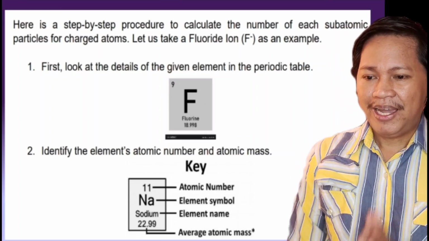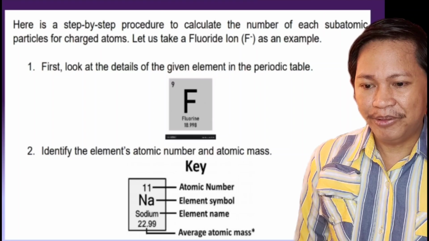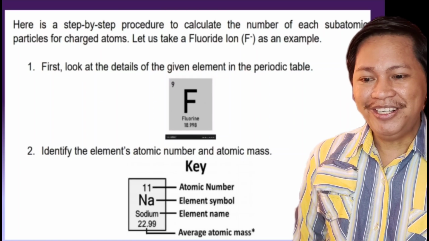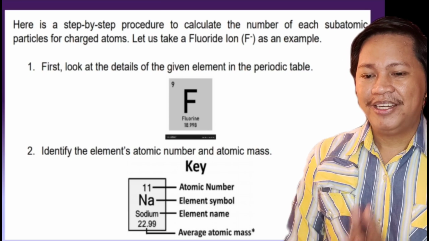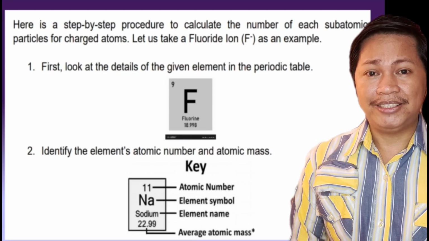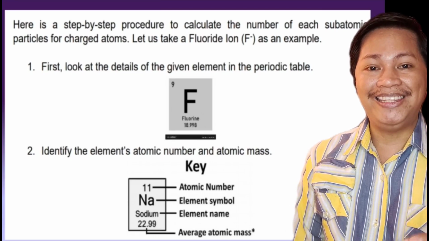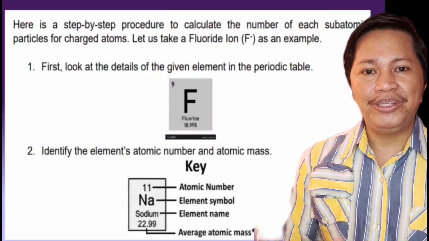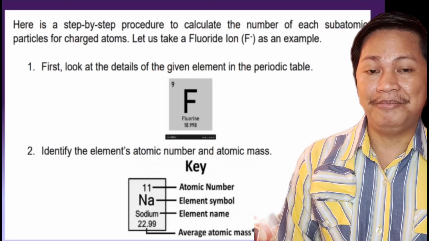For number 2, identify the element's atomic number and atomic mass. Again, for example, sodium atom or sodium element. We have atomic number 11, element symbol, element name, and the average atomic mass. Take note of this mass, class, kasi kailangan nating i-round off into a whole number. For example, we have 22.99, so closer to 23. Dapat when we do these calculations, naka-round off na yung number para mas mabilis natin